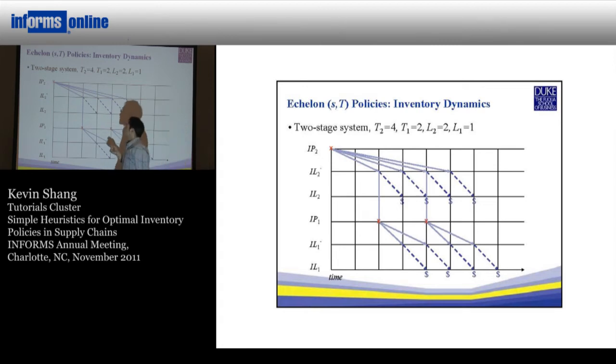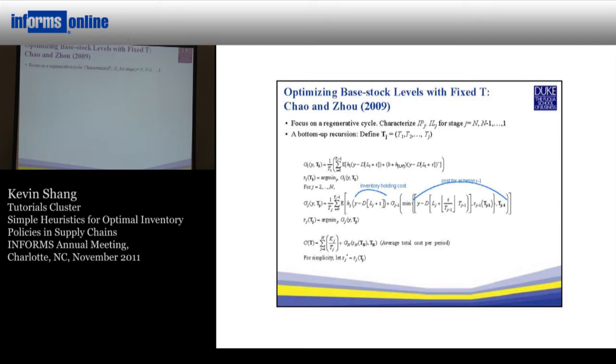When I started the project, Shang and I, as co-authors, carefully characterized the inventory variables in these time periods, and we proposed the results at the end. We came up with the algorithm. Again, it's more like a bottom-up recursion, from stage 1, 2, 3, 4 until stage n. If you plug your parameters into this recursion from stage 1, as you can see, this G1 function is the stage 1 cost function, which is equal to, since we are interested in the average total cost per period, 1 divided by T1,